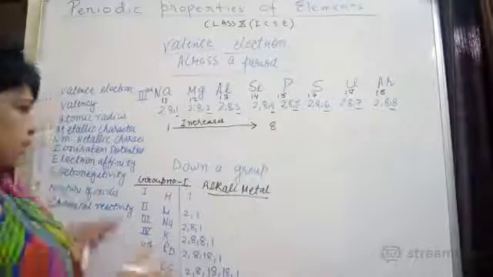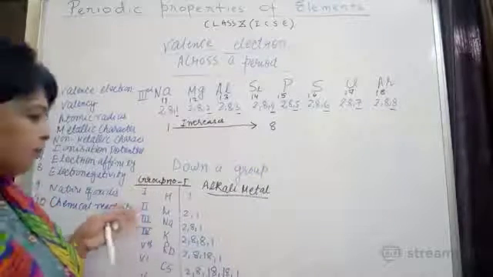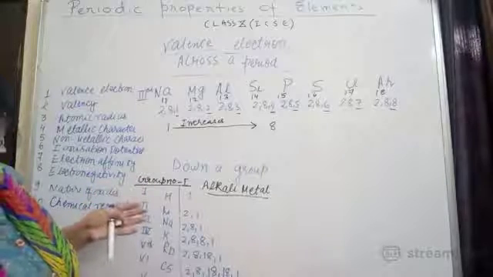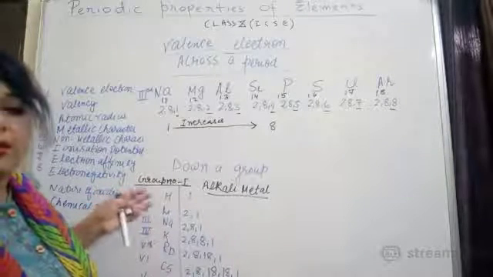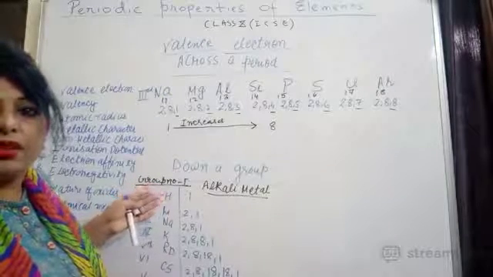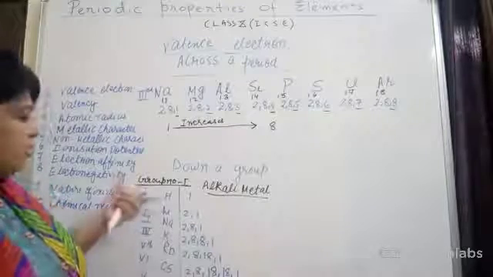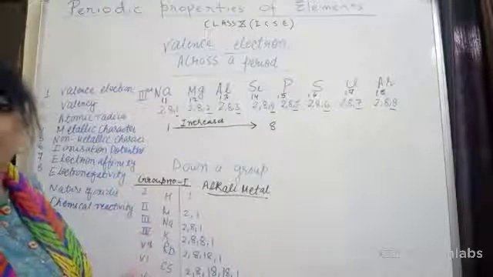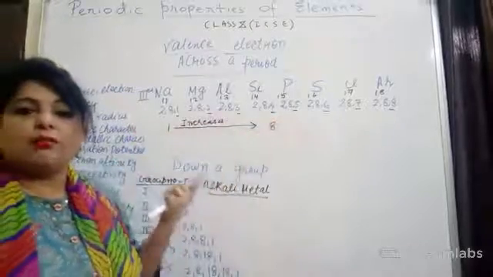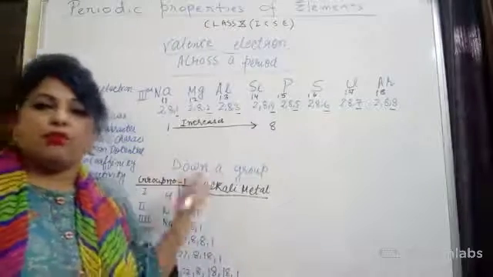Transition elements. So what is common in a group? What about the valence electron? They will have the same valence electron, right? Please ask your doubt. You can write in the chat box if you have a doubt. What is common in a group? They have the same valence electron, but when you move across a period, you will see the valence electrons are increasing. You can write your doubt, then I will move forward.